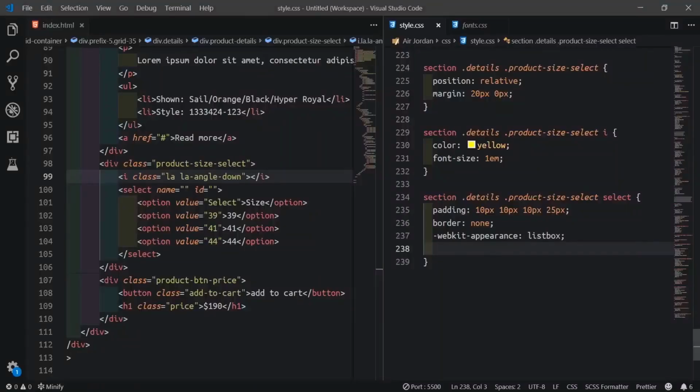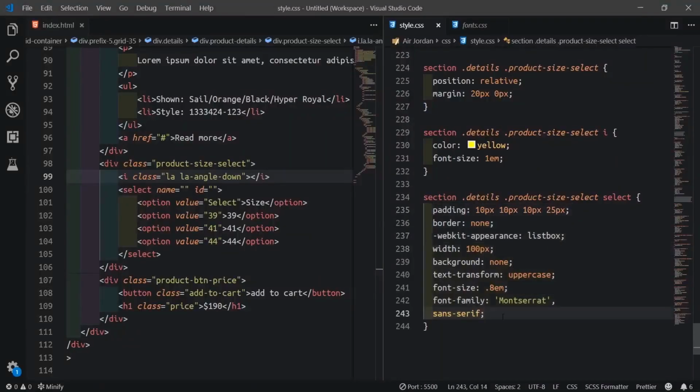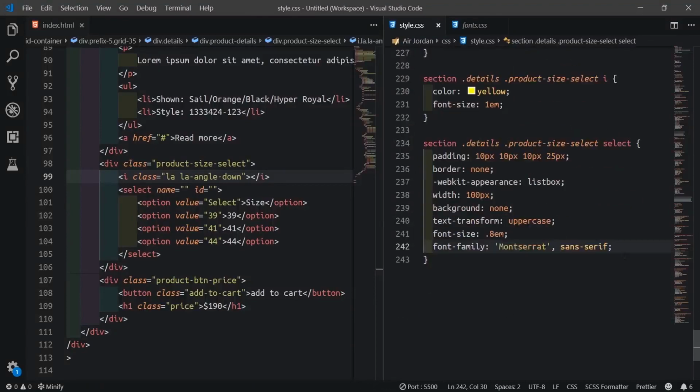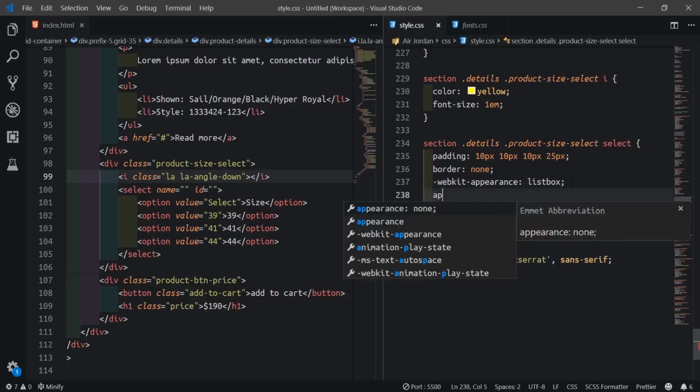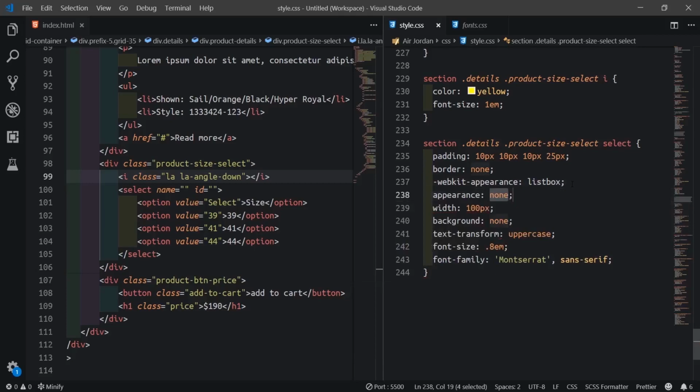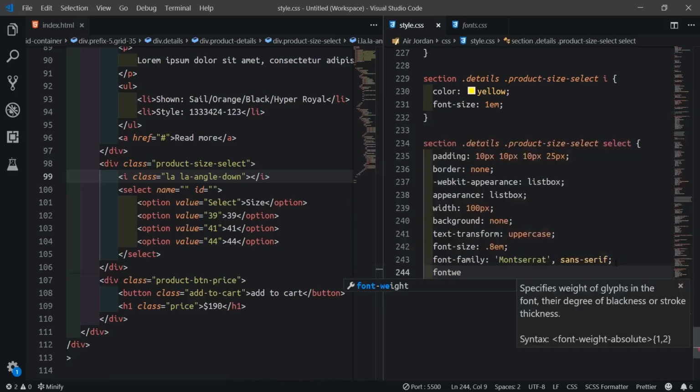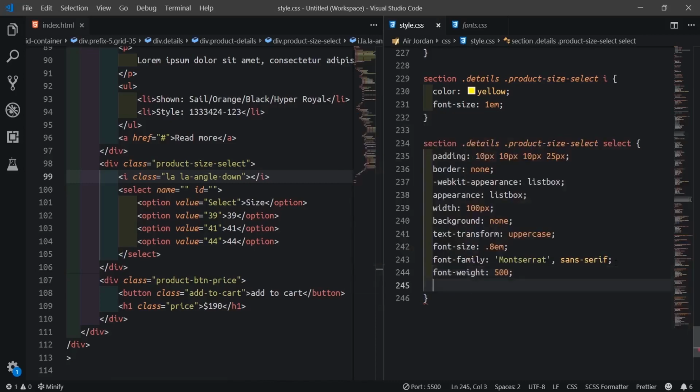Copy this one, then we'll paste them here. Appearance, okay. So appearance to still be list box. This one has to make sure the browser they use will actually get this styling. So the next thing I'll do here, I'll increase the font weight to like 500.